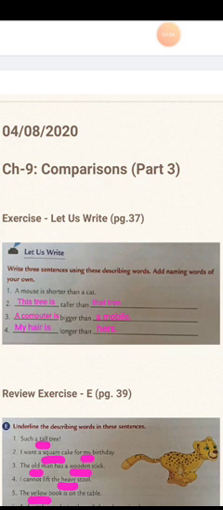Number 3, a computer is bigger than a mobile. So the describing word used to compare here is bigger. Which is bigger? Computer is bigger. So I say a computer is bigger than a mobile. Dash longer than dash. So I say my hair is longer than hers. This is how you have to compare two naming words using the comparative form of adjective.